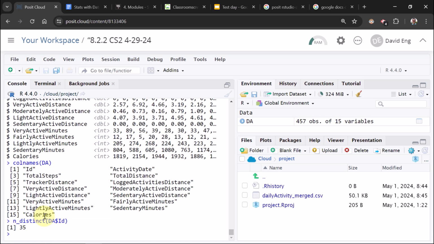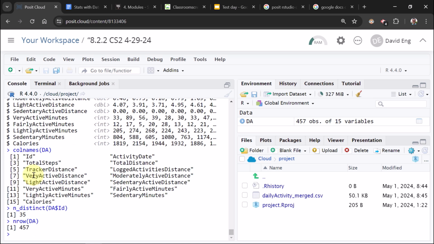Okay, so then it's asking me how many distinct ID numbers are there. These are people who may have logged into their Umbrella Beats fitness tracker, and then they go into either the app, or maybe they're going into a store, or they're going into the gym. So we have 35, and then n row is how much? 457 rows. So those 35 people are going in multiple times.